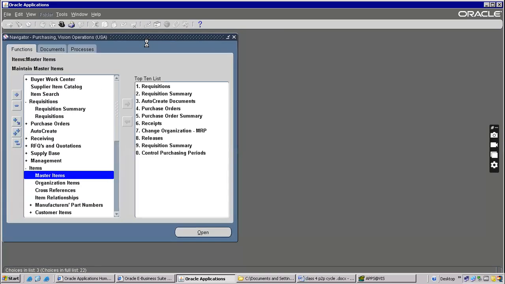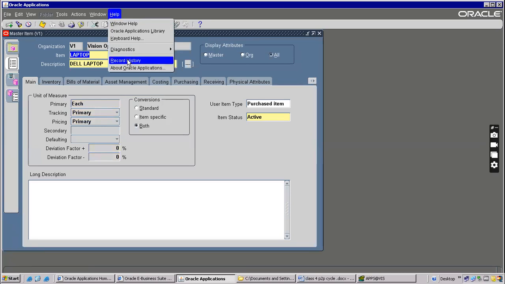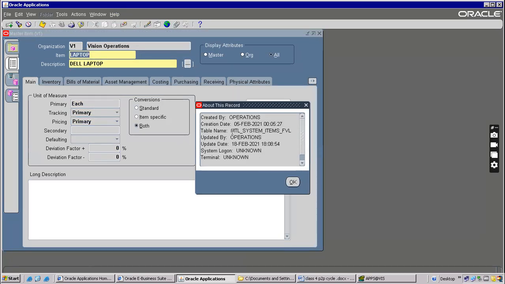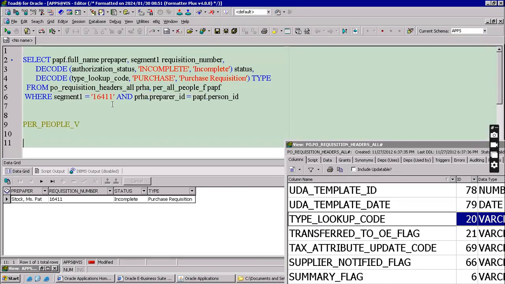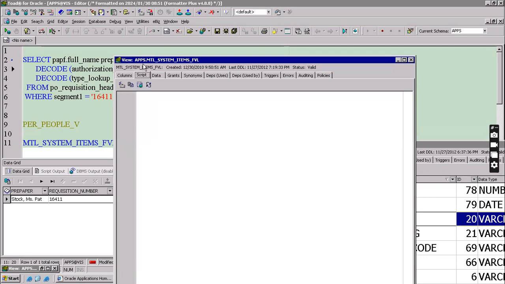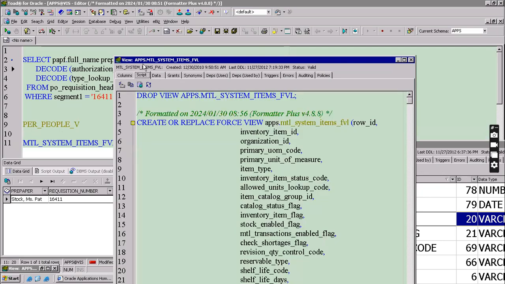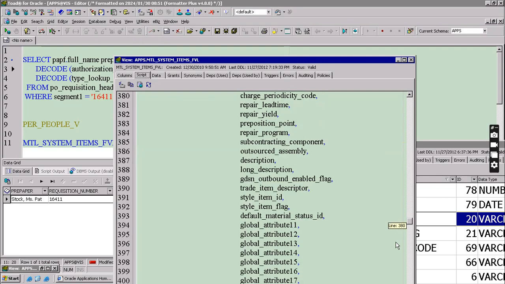F11. So you need to identify the table behind this. MTL system items. If you take this table, actually they are saying it is a table, but it's not a table, it's a view. Go to top, F4, script here, and go to the from clause straight away.